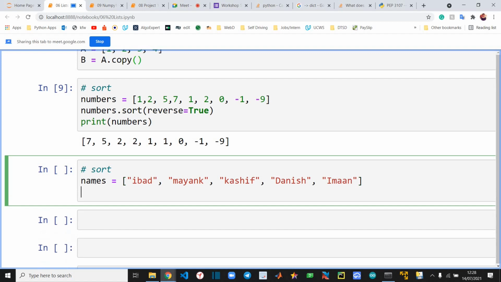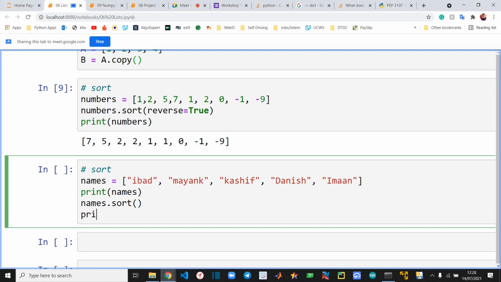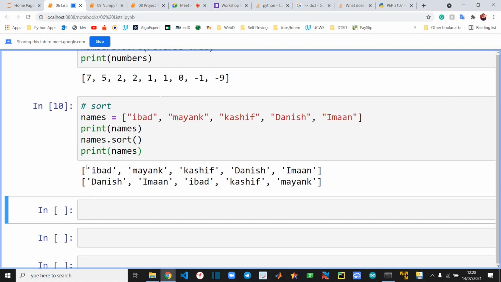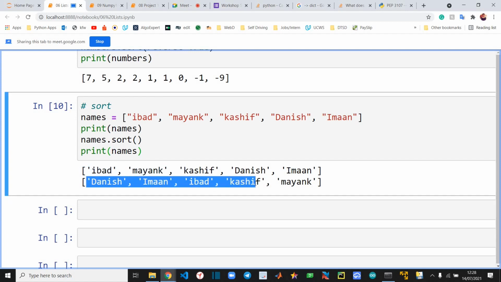I'm freestyling now. Okay, so print names. Now if we sort names, we sort names, print names. What is happening here is it sorts on the basis of the characters, the first character.